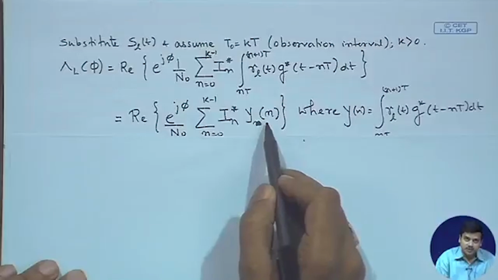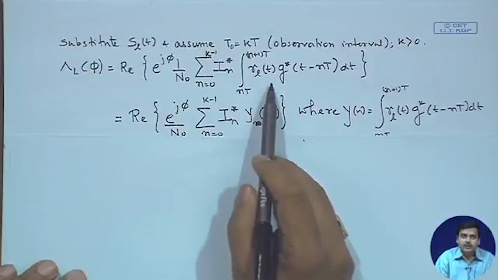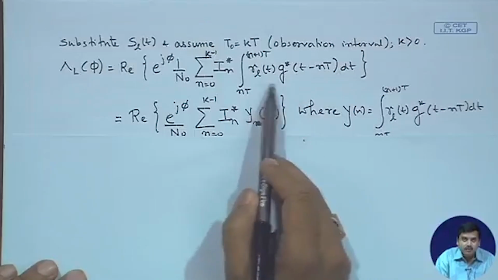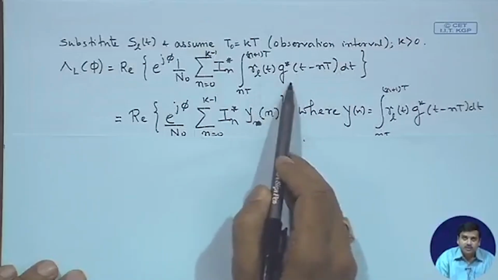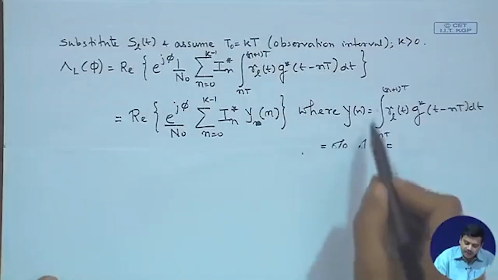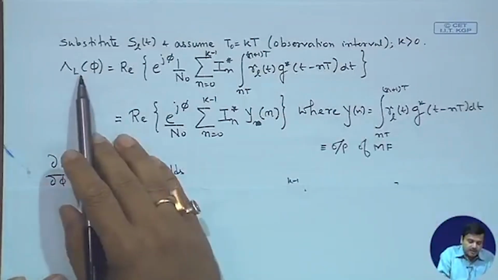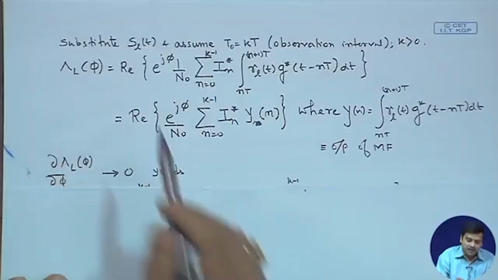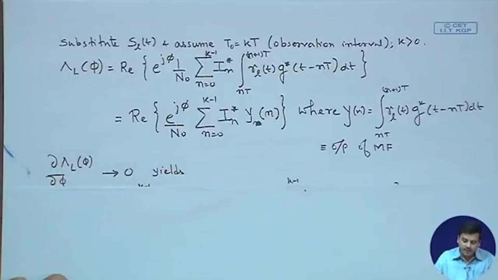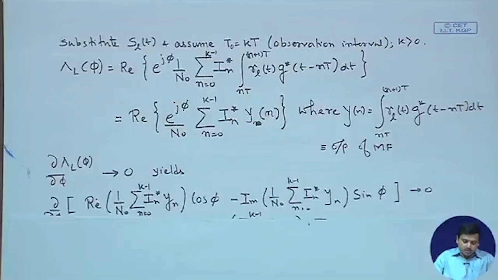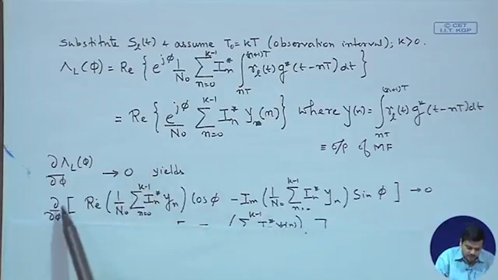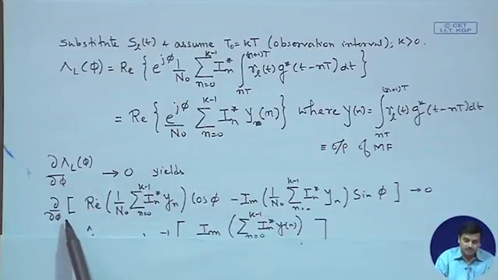We had a similar situation earlier. So, we are just using our earlier knowledge appropriately by studying the expression, what it means. So, y n is the output of the matched filter. Now if I take the derivative of the log likelihood function, set it to 0, we can get our receiver. So, you do the same procedure, you take the derivative of the log likelihood function with respect to phi and